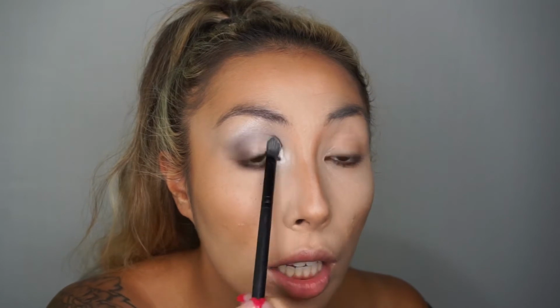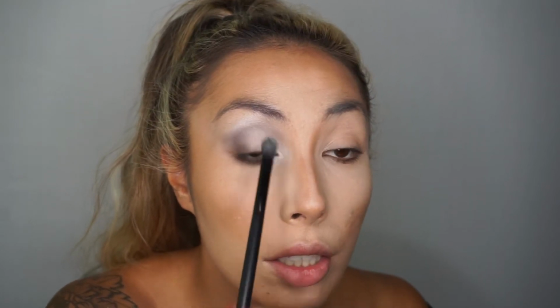and I'm tapping it on, barely tapping it like so, and then going underneath the eye like that. That's it. Don't do any more. I see a little bit of sparkle. A little bit of sparkle on her eye, and I couldn't think of a perfect pigment to use other than this one. So it's by Sample Beauty, very inexpensive, and it just looks like this in a glass jar, and